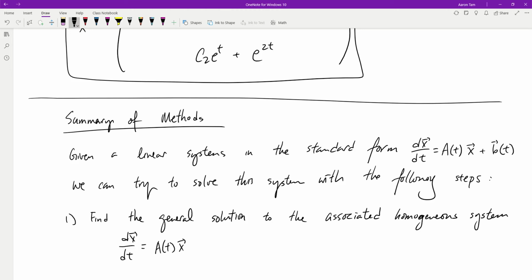But how? By using the elimination method, by eigenvalues and eigenvectors,